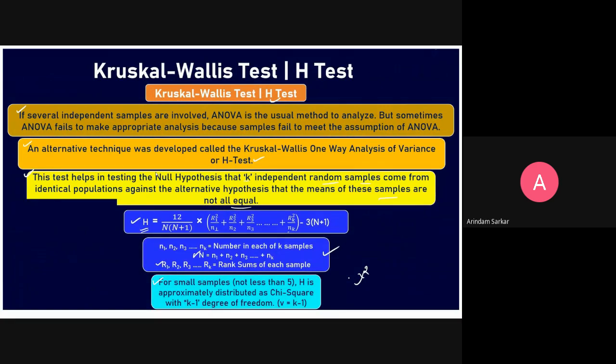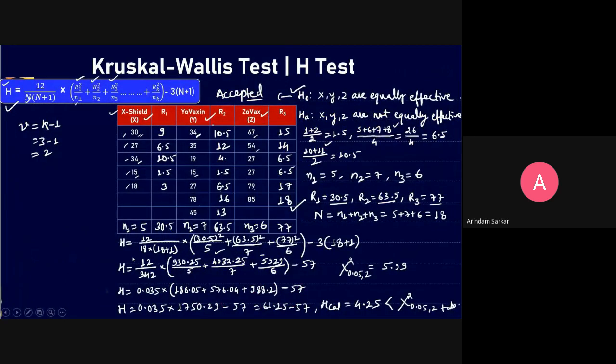This is the Kruskal-Wallis test, and anyone can say that this is called the H test. This is the alternative to ANOVA. I've told you that ANOVA is a very popular test and it is a parametric test. But whenever you are performing a non-parametric test, then it is similar to ANOVA. ANOVA was comparing the mean differences from the global mean to the local mean. Here also, the H test gives you the essence of ANOVA. Here the formula is written, H equals to this, right? So now, if we consider this particular example,